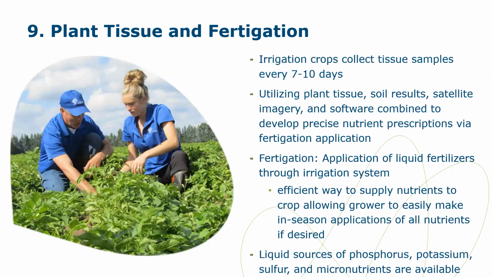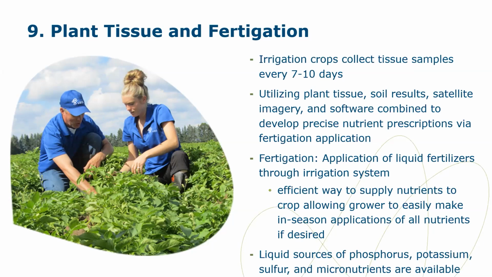Number 9, plant tissue testing for fertigation applications. This is for growers that have irrigated crops. They're going to collect tissue samples about every 7 to 10 days. Very similar to the weekly and bi-weekly program, they are able to tie in even more data with their plant tissue. They include soil, satellite imagery, field history, and they have software that they can develop more precise fertigation